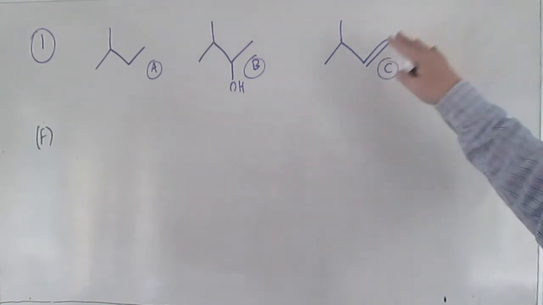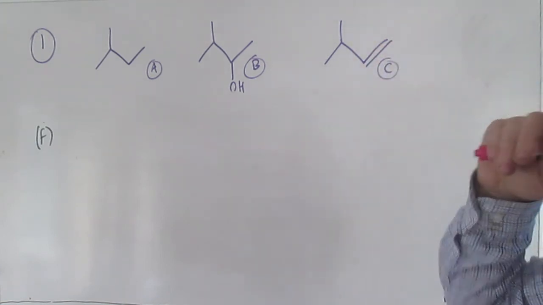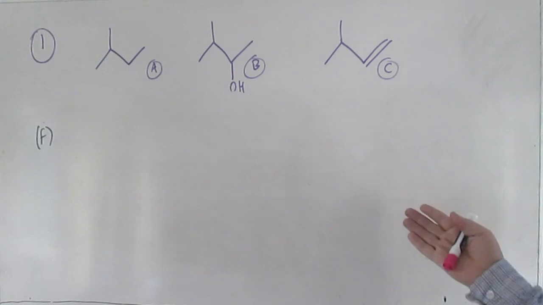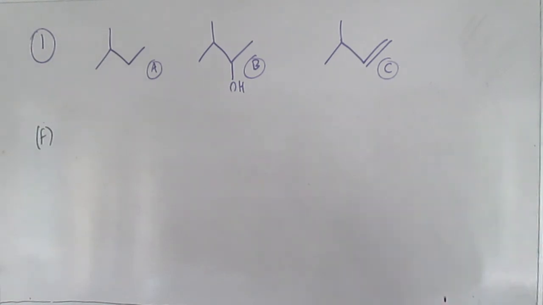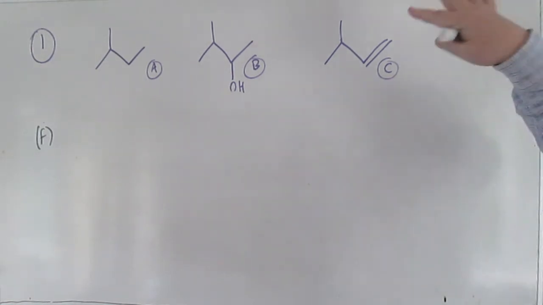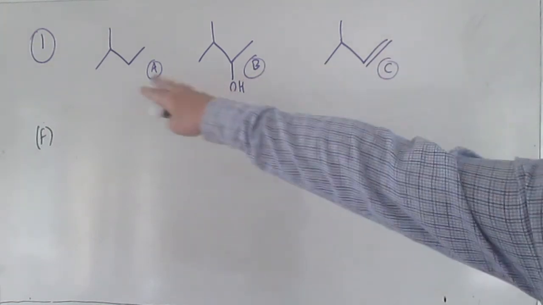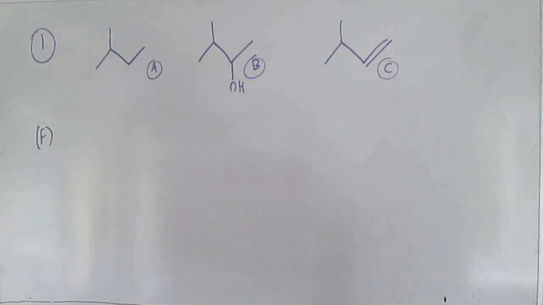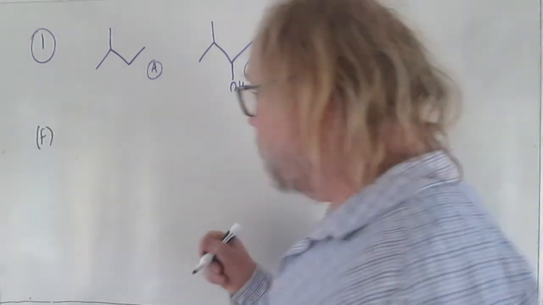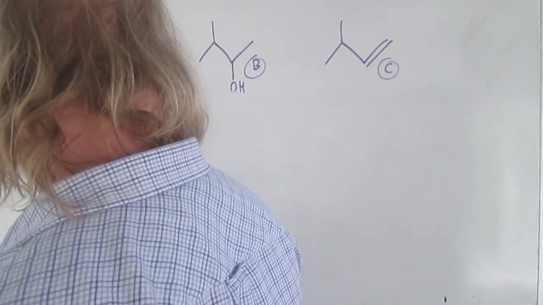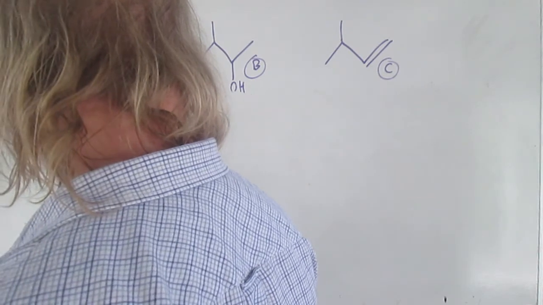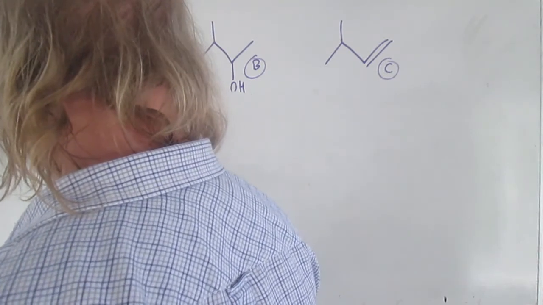So the classic test for alkenes is that if you had bromine, aqueous bromine is what you normally use, in the dark, it will decolorize in the presence of an alkene, but not of a saturated compound. So that would be a possible way to start. So add aqueous bromine in the dark,